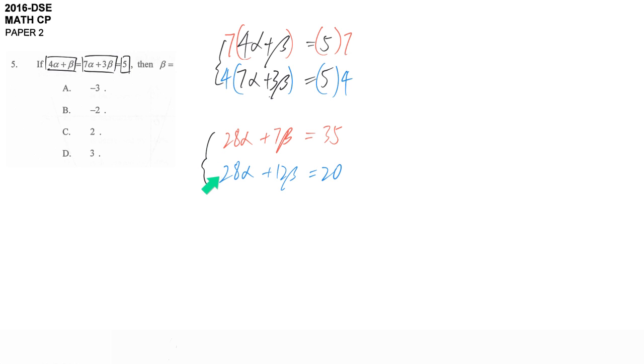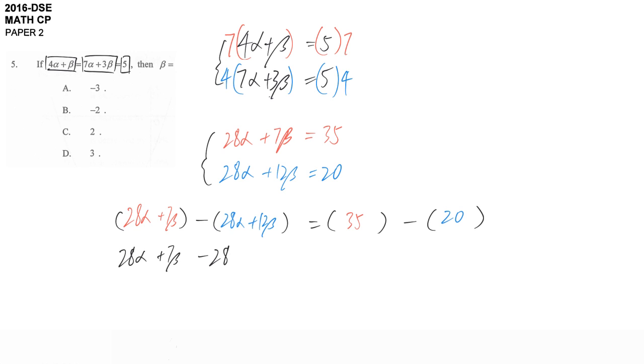After that, just by subtraction, this term will disappear. So we are going to use left hand side minus left hand side should equal to right hand side minus right hand side. The first left hand side we use 28 alpha plus 7 beta. And then the second left hand side we use 28 alpha plus 12 beta. Should equal to 35 minus 20. If we follow this calculation,